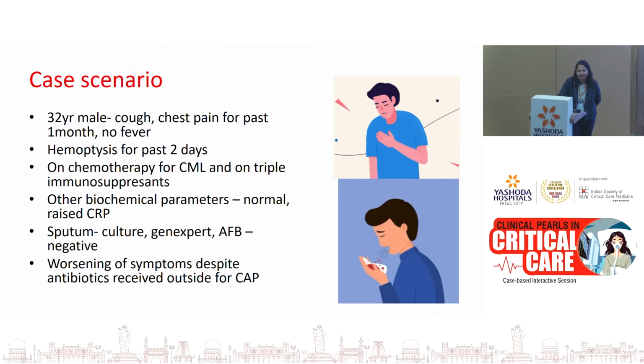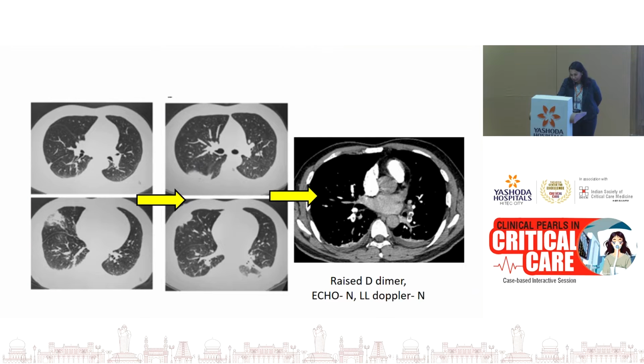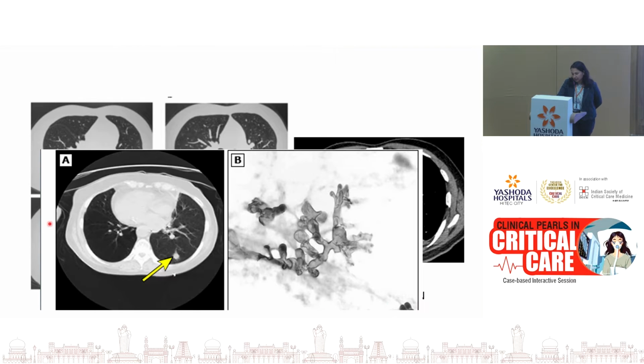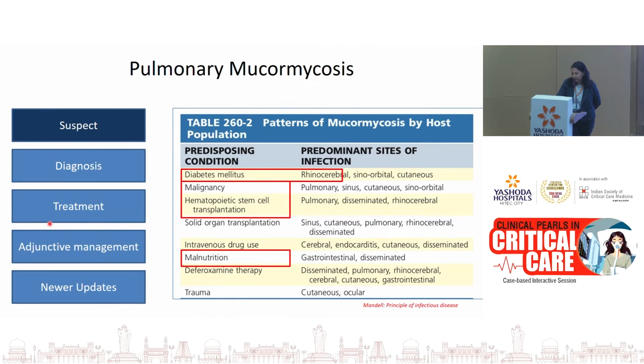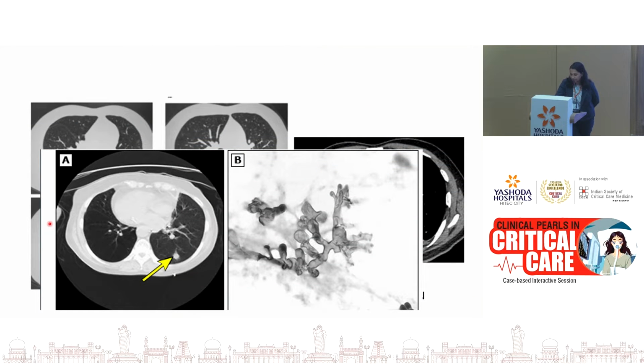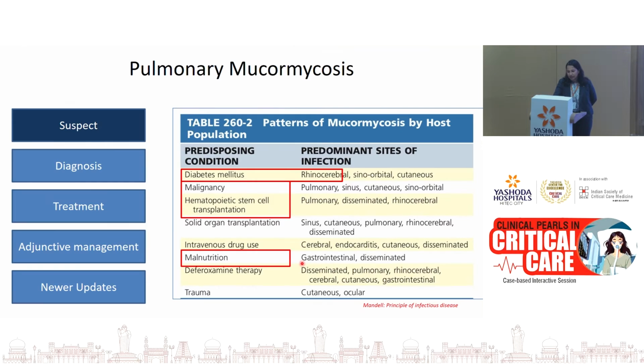Anyone? So this was a case of mucormycosis. The CT scan is shown here. You can see there is a bird nest appearance or the reverse halo sign, and bronchus EBUS was done, and we demonstrated the hyphae. Broad aseptate hyphae with right angle branching, and it was diagnosed to be a case of pulmonary mucormycosis in an